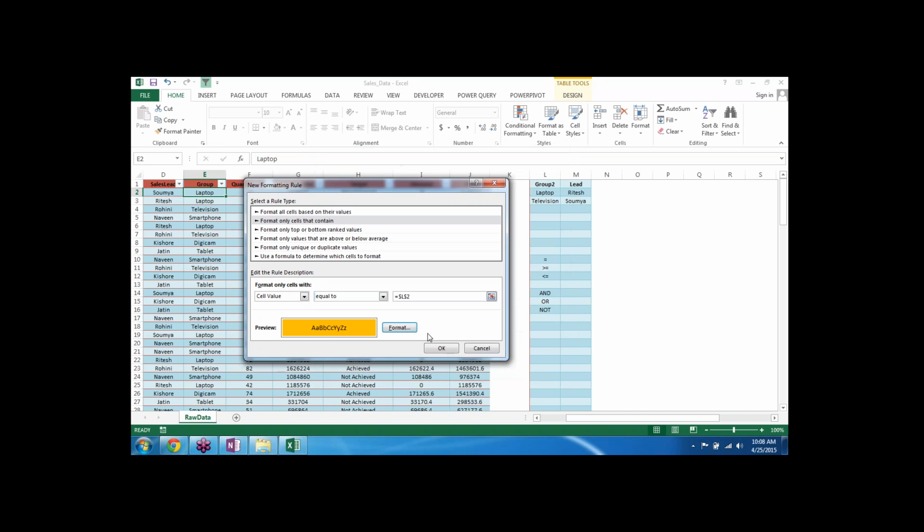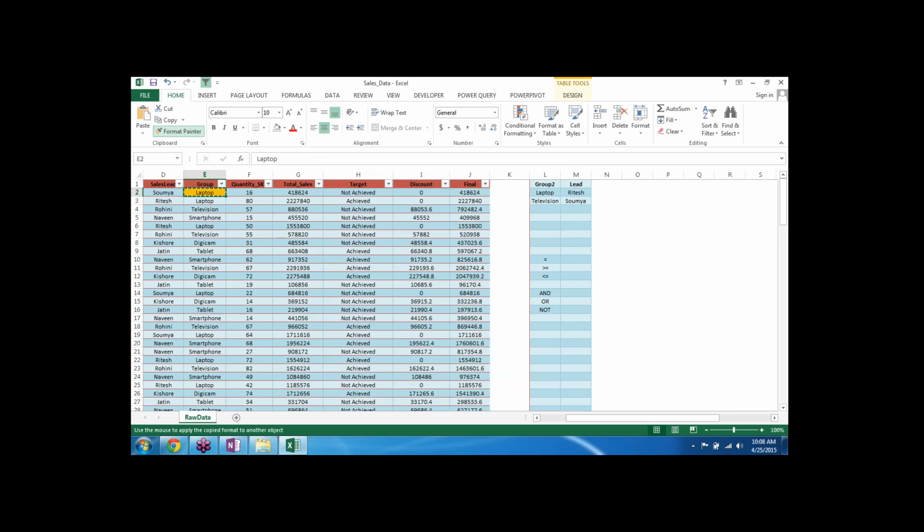Then we could format this for the entire data set, and we could see that yes, things are getting changed. So instead of laptop, if I say digicam, it was getting highlighted.